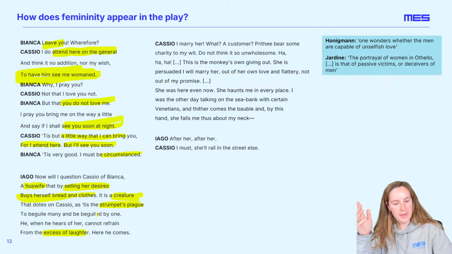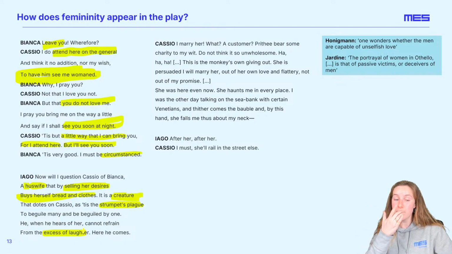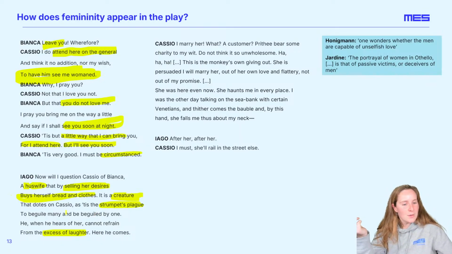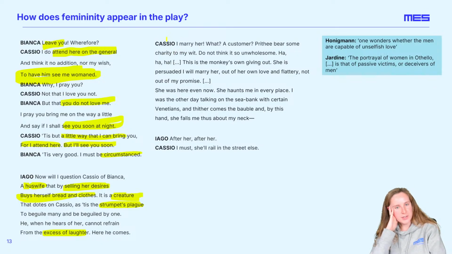When he hears of her, he can't refrain from laughter. So Cassio, talking about her, laughs about her all the time. So this idea of mockery with her as well. And Iago thinking of these cheap shots and jokes about her speaks to her reputation and the status of women in society. Cassio, in this conversation, in which Othello, listening, thinks that Cassio is talking about Desdemona, but Cassio is actually talking about Bianca, and Iago says, oh, I heard she said you're going to marry her, and he says, I marry